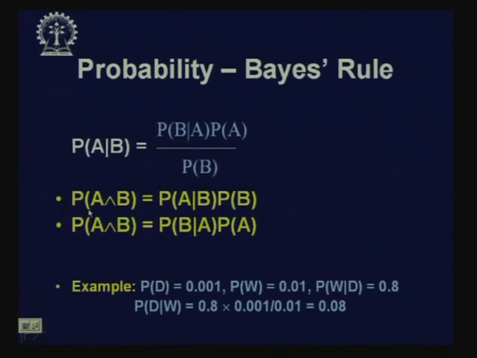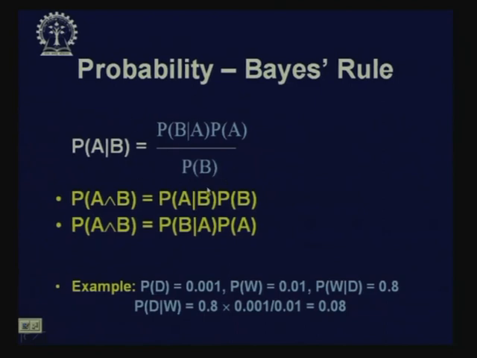Now, this can be easily derived like this: P of A and B, as we know, is P(A given B) times P(B), and again P(A and B) is P(B given A) multiplied by P(A). All right. If I just change it now, from this I can say P(A given B) is P(A and B) divided by P(B), and P(A and B) is P(B given A) times P(A). So,